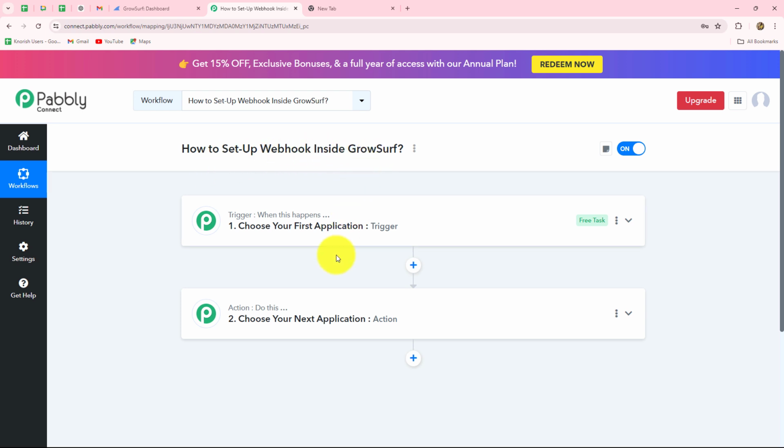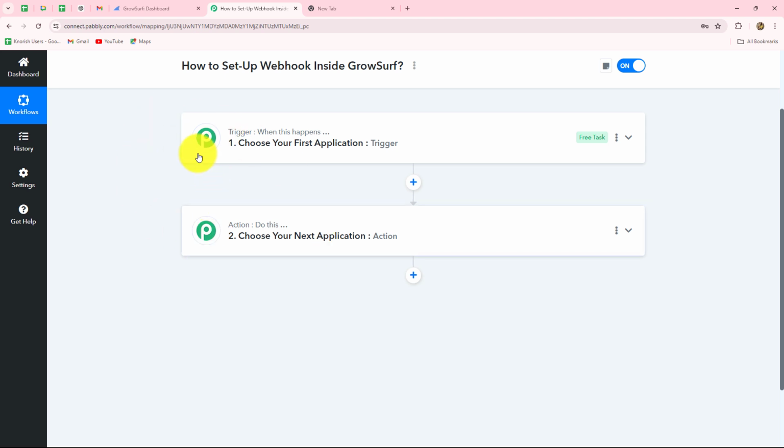Before moving forward, we can see on my screen there are two windows, trigger and action. So what are trigger and actions? Trigger and actions are basically the building blocks or the principles on which the entire automation runs. Here the trigger says when this happens and the action says do this. That means the action is the response towards our trigger. So whatever we are going to select in our trigger is going to command the entire workflow and the actions are going to follow that same command. Therefore, we can have only one trigger in any workflow,